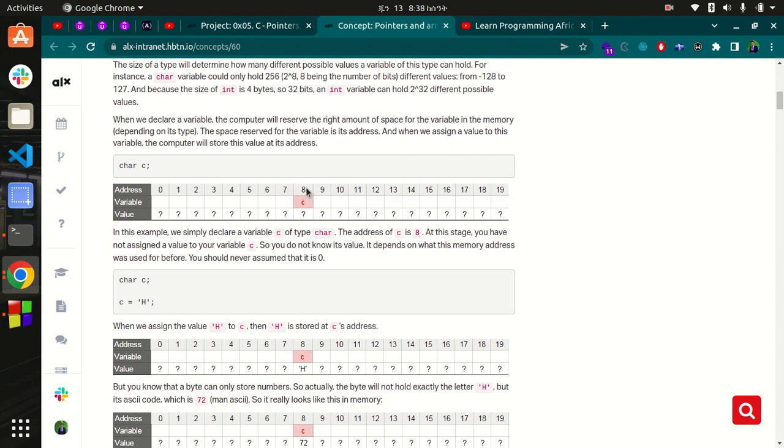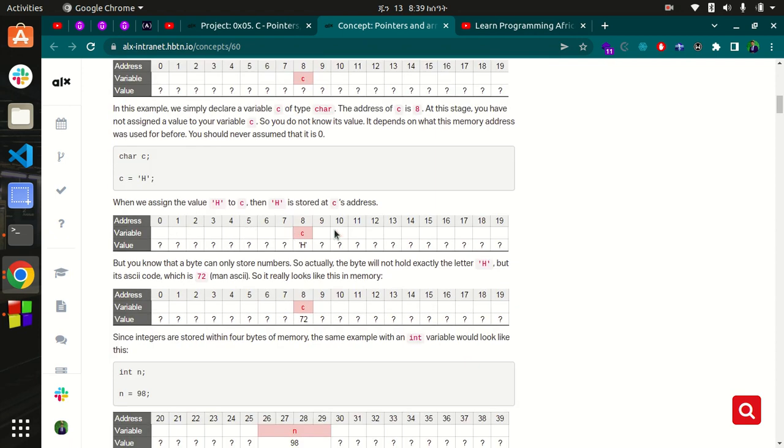It knows where the variable is held, so it is going to point to the address, not the variable. So there are three kinds of things here. There is address, there is variable, and there is value. For example, here address 8 has a variable c which holds a value of h. So a pointer points to this, a variable points to this, and a value is this one. So what I'm trying to say here is